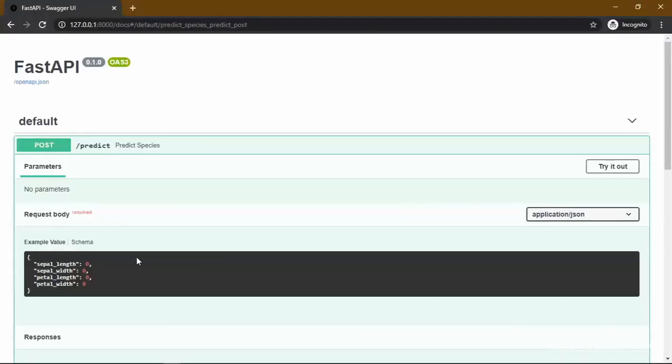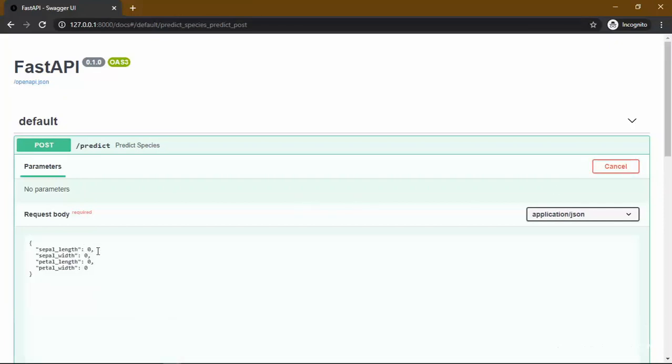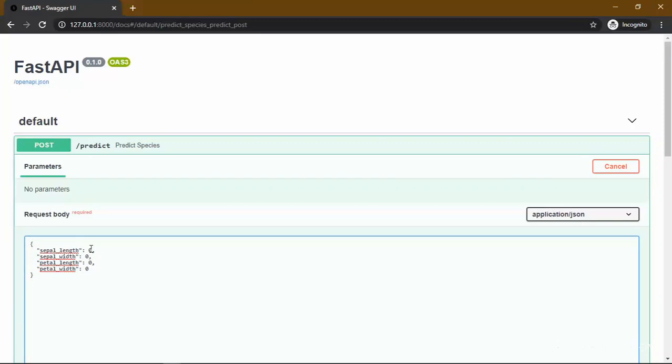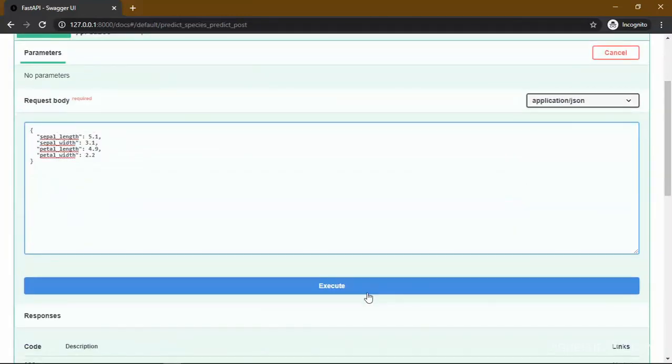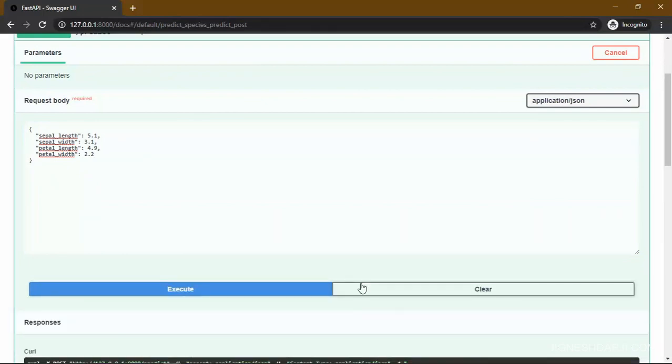Now let's go to the Swagger UI, and inside that we have our sample request body as well. So let's click on Try it out and pass some dummy data over there, and based on this data our API predicts with the model, and finds the probabilities and predictions.